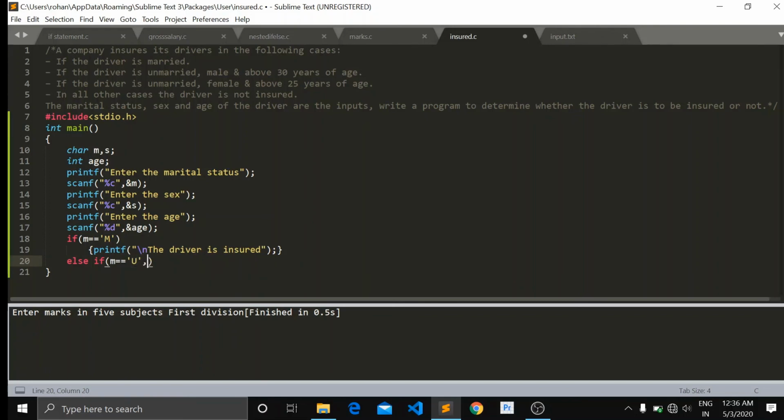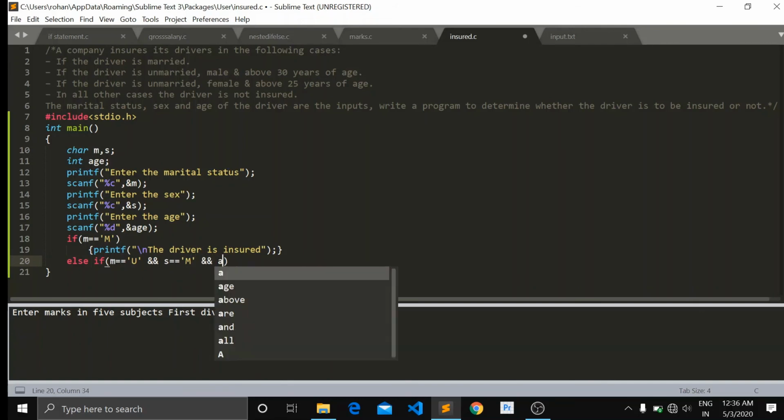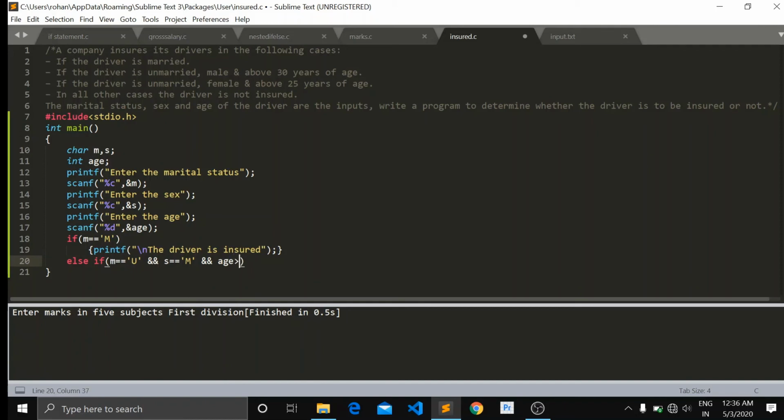Then a logical and, and the sex of the employee, that is s equals to M, and age is greater than 30, because here it is mentioned that above 30 years of age. So if this condition is true, then it will print